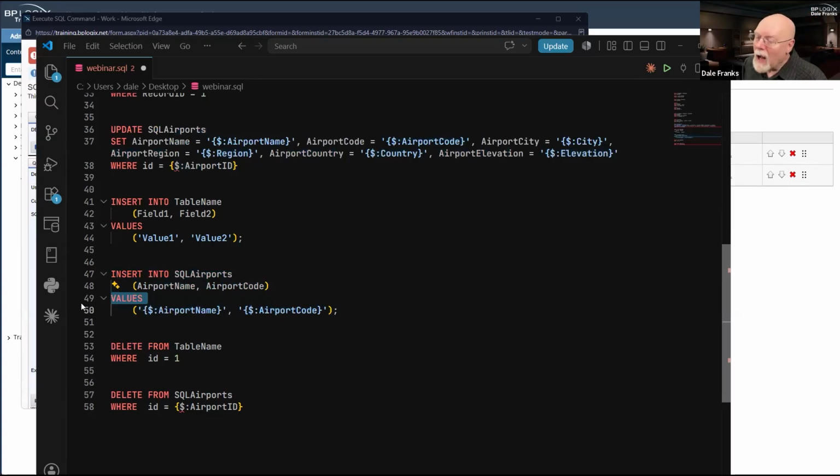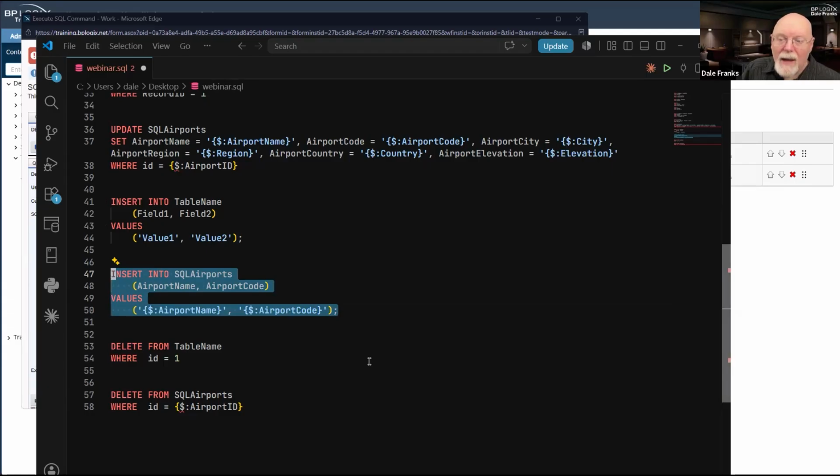Now, that's not completely true. It may be possible that you have a required field in your database and it will not create a new record without passing that required field. So it is possible for the database to still come back and say, nope, I can't do this because you are missing one of the required fields for a new record. And without that field, I can't create a new database record.